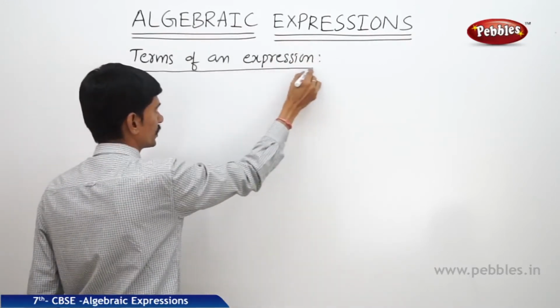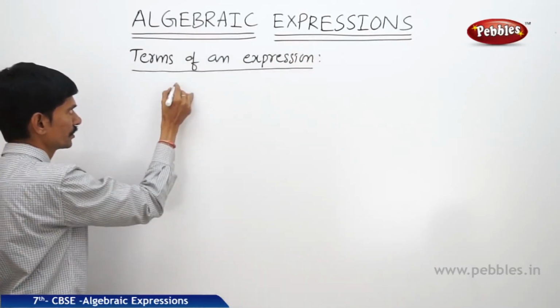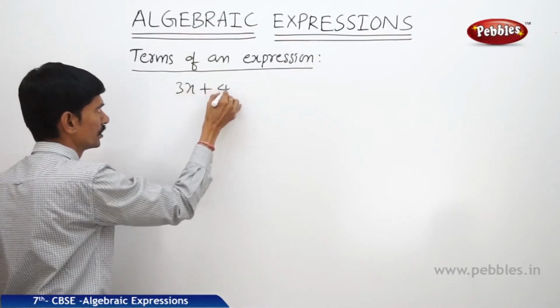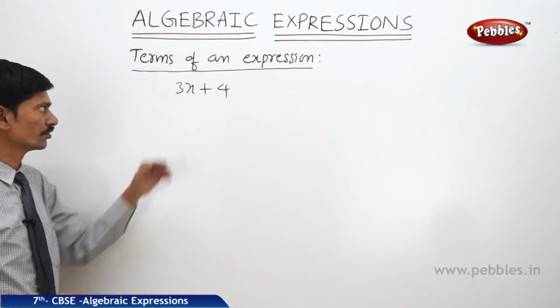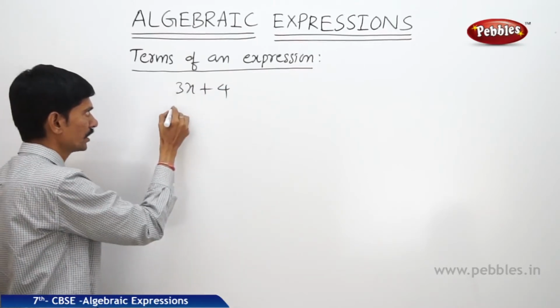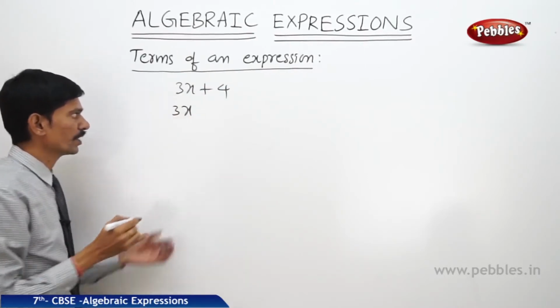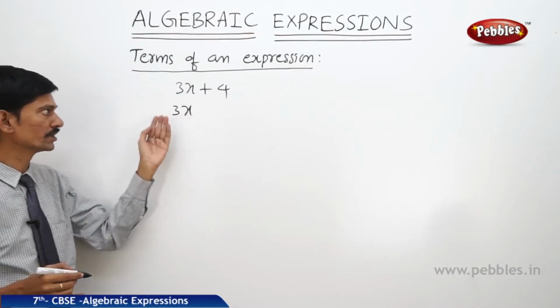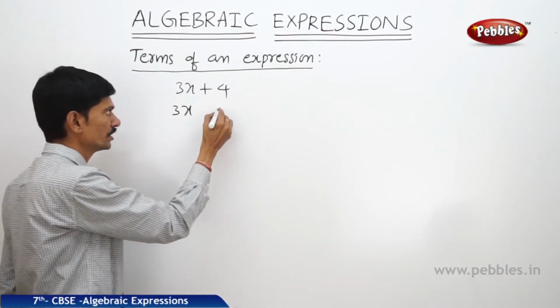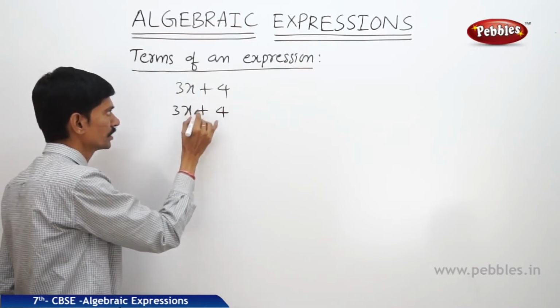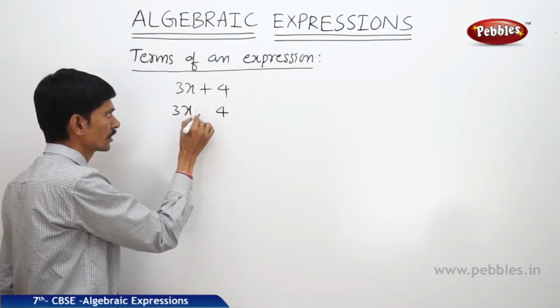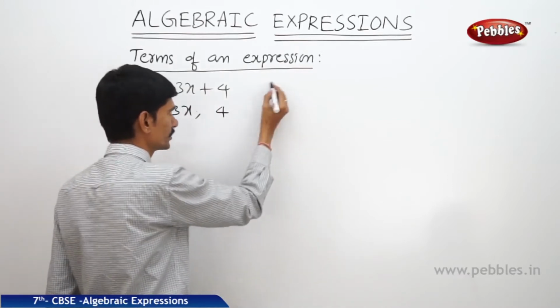Now let us consider an algebraic expression 3x plus 4. Here, what is the expression 3x plus 4? In this, 3x is obtained by multiplying the variable x by 3, then 4 is added to the product of 3 and x. Then we will consider another algebraic expression